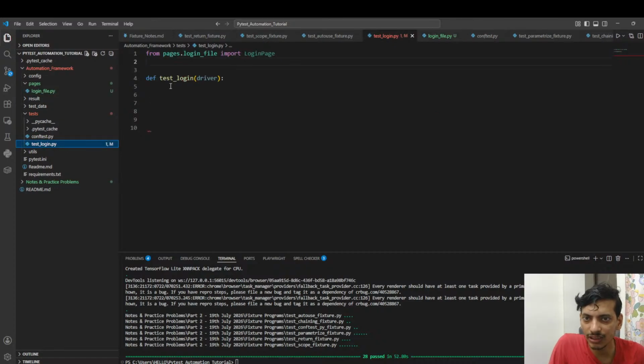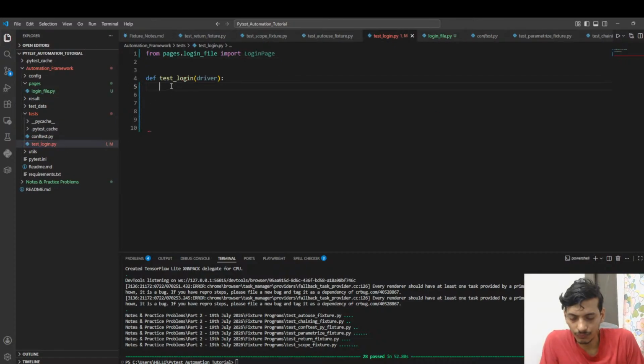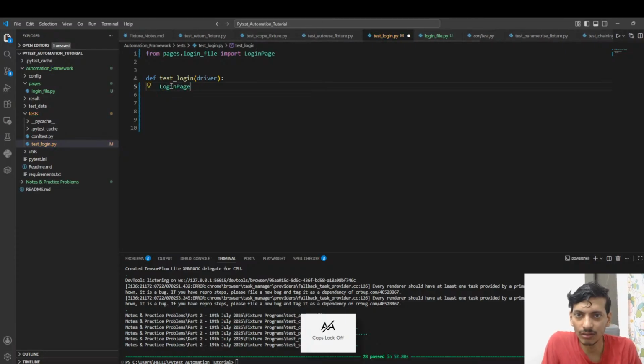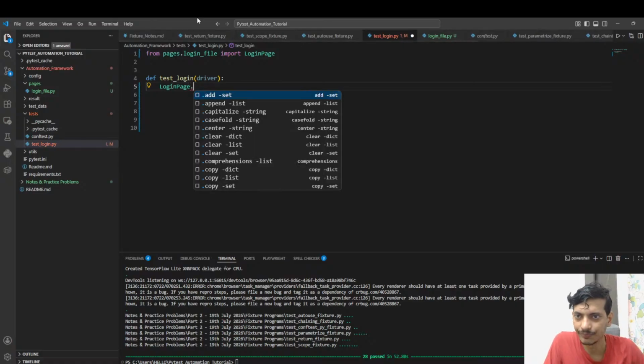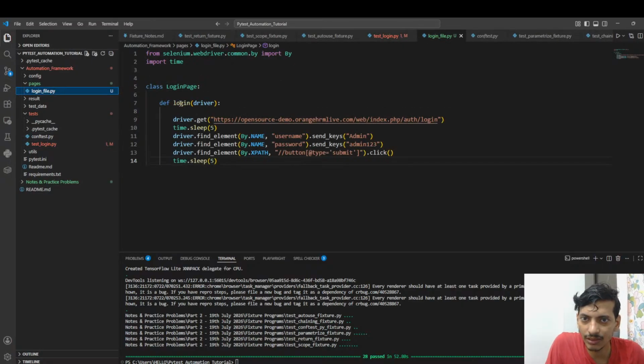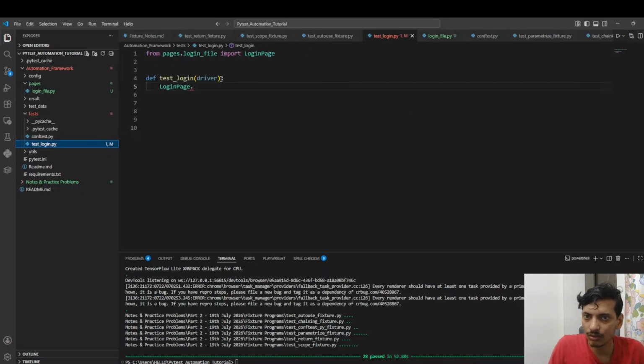Now we are going to use the module called login page. We are calling the methods of the login page. We are all familiar with inheriting modules and variables. Here it is the same. We first have the parent class, that is page, and